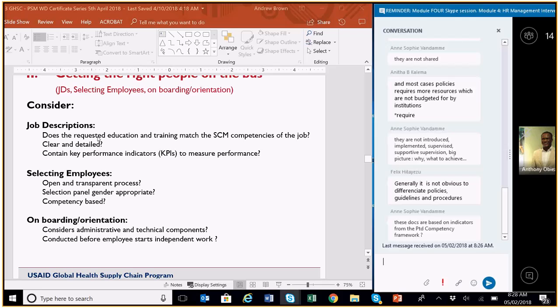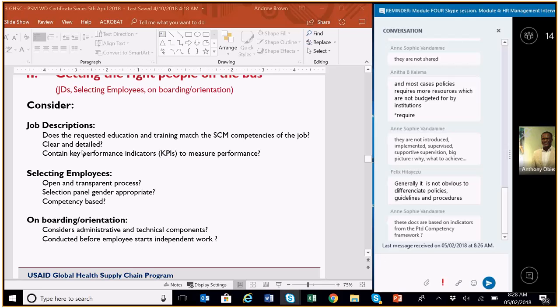But a pharmacist with a standard pharmacy degree does not have the competencies to run a whole warehouse. They can do various aspects of the warehouse, but someone to run a whole warehouse needs the proper training to run a warehouse, is the comment I'd like to make. So whenever you have a job description and you're asking for particular qualifications, double check that the qualifications you're asking for actually prepare the particular person for the job you want them to do. And you might be surprised that this is not always the case, and you need to look carefully.